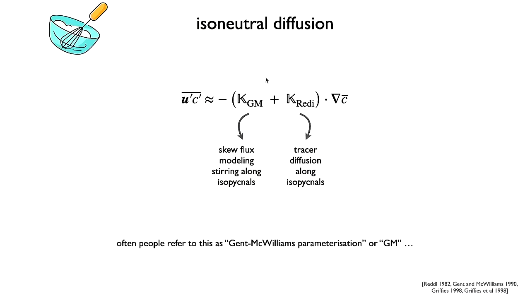Now, people call this the Gent-McWilliams parameterization because Gent and McWilliams came up with it. Or they call it the isoneutral diffusion because you have diffusion in surfaces of neutral density. Okay, that's another way. And this is what all ocean models have. If you don't have this, you cannot run almost anything. If you don't have this, you have to have very, very high resolution to resolve all these mesoscale eddies. Otherwise you get something that's completely wrong.